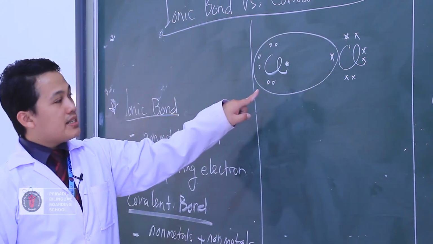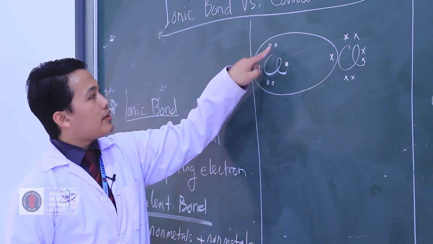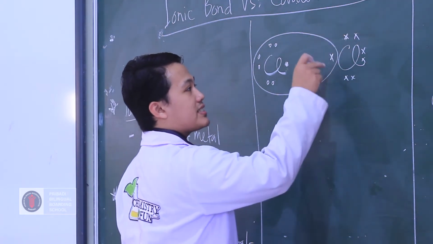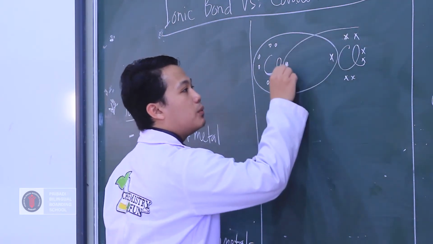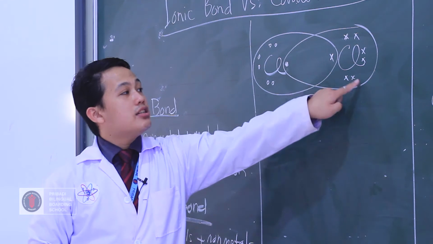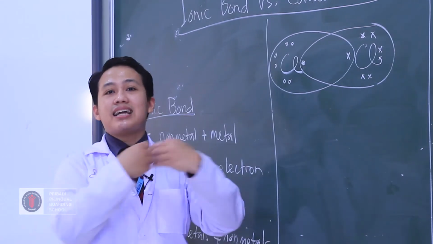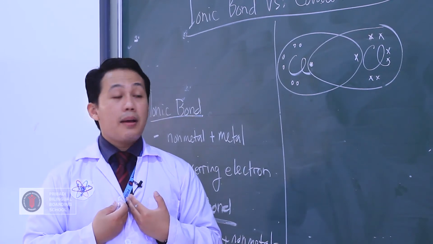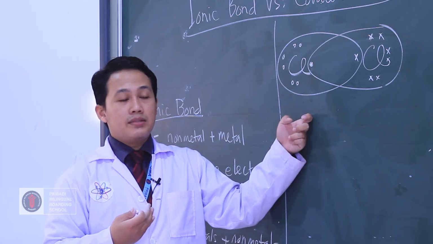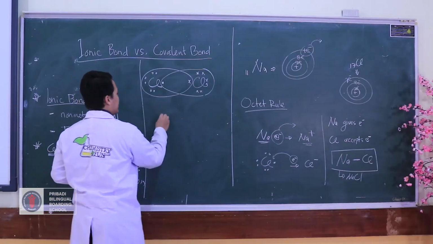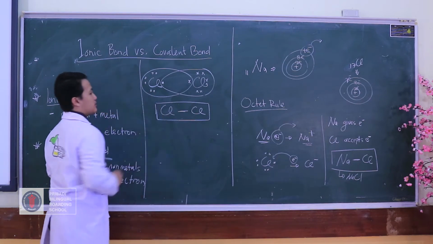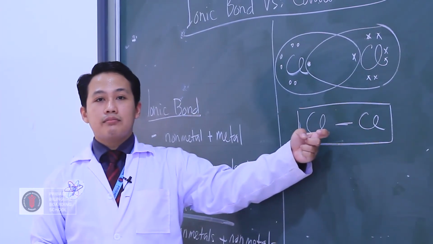Okay, so it will obey the octet rule. 1, 2, 3, 4, 5, 6, 7, 8 electrons. And here also 1, 2, 3, 4, 5, 6, 7, it asks for this one. So this will borrow this electron, and this also will borrow this 1 electron. They are not transferring or receiving any electron, but they are sharing. They know they need electrons from each other, so they just share their electron. So as you can see here, there will be a bond between Cl and Cl. Okay, so this is one example of a covalent bond.